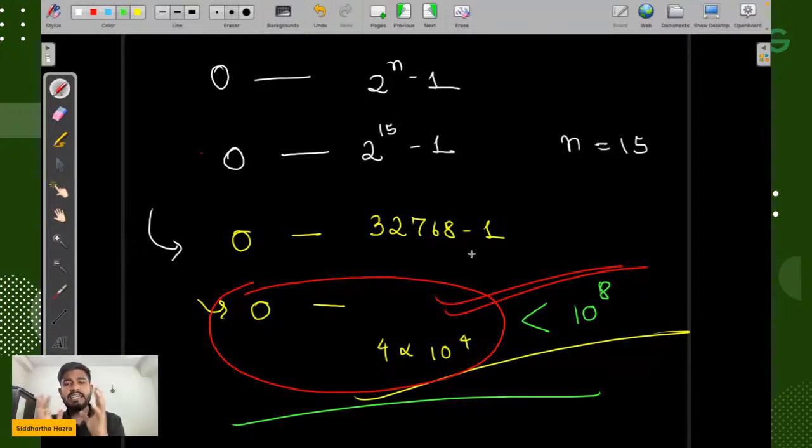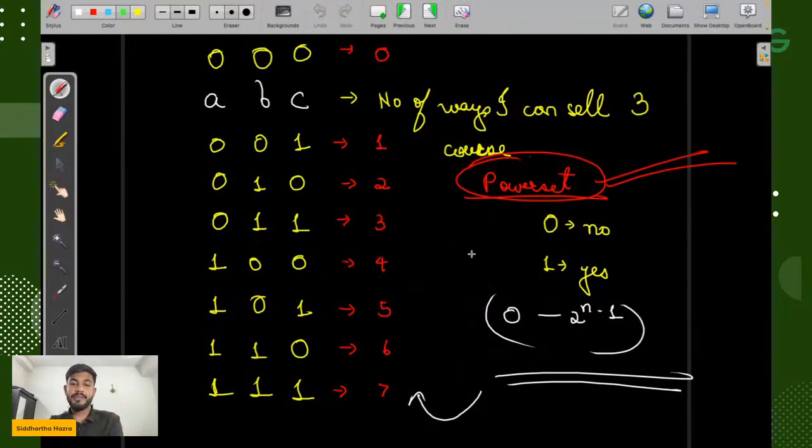This is definitely less than 10 to the power 8. So we are good to go with this. So we can use this way, and we can see that out of any of the ways of